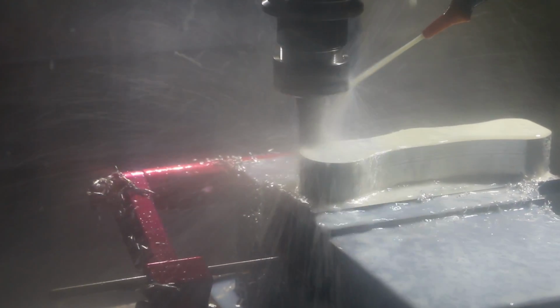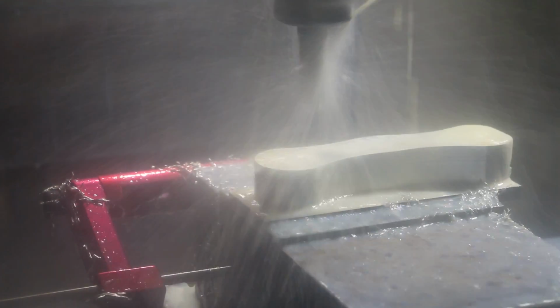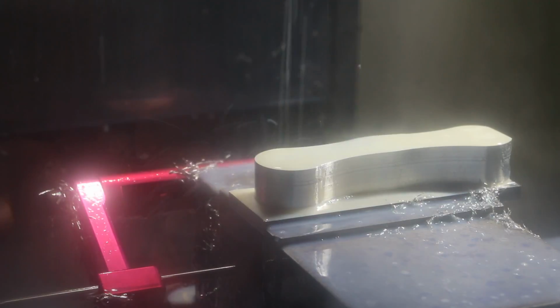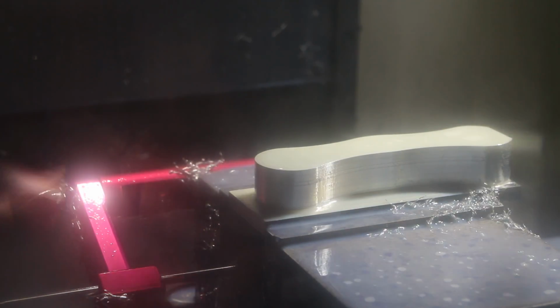I think I like this better. I like this better than a water jet. I mean, they're different. They do different jobs. Cutting sheet material sucks on this. I would love to have a water jet. But for cutting parts like this,